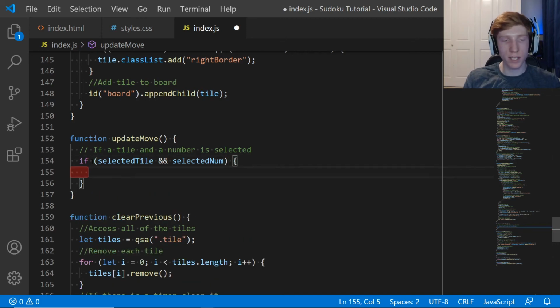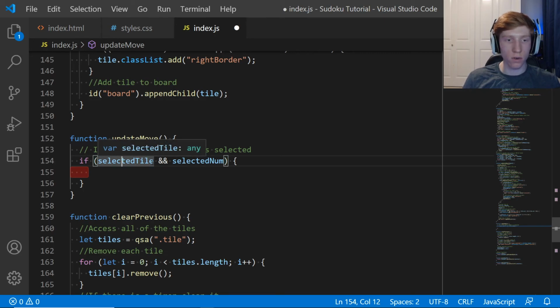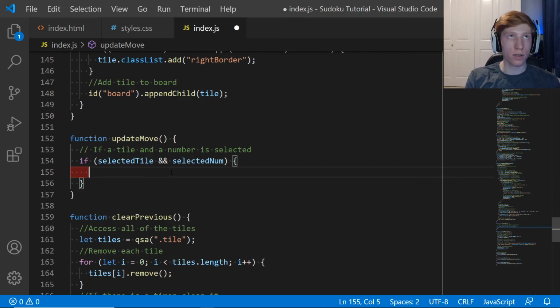Selected num right there. And what this is checking is if they are not null. If you don't put anything else around it, if you just put them in an if selector, it'll say is selected tile null. If it is null, return false, else return true. So it's going to return true if both of them are not null. Then we're going to say